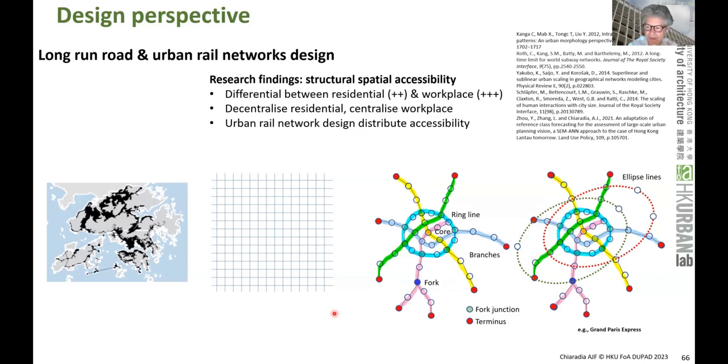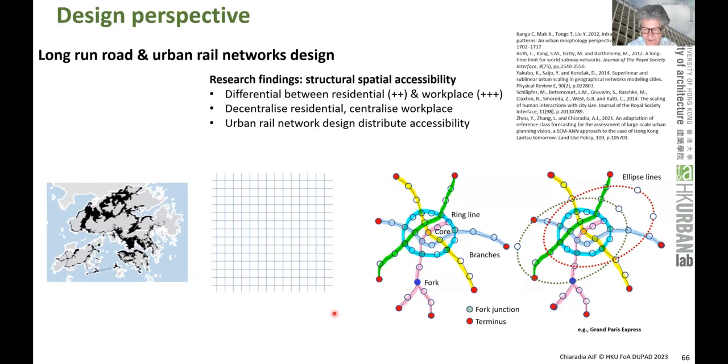Another example which would be of interest raises a question about the monocentric aspect of Hong Kong. We've seen in one of the pictures that effectively 70% of the jobs are in the core area, on the north side of the island, Central, Wan Chai, Admiralty and Kowloon. And then the rest is dispersed everywhere else. This is happening in New York, in Paris, and so forth. And that creates, I would say, transport inequity, because